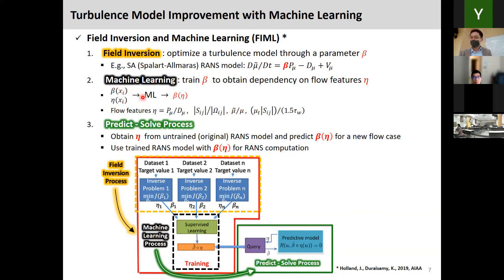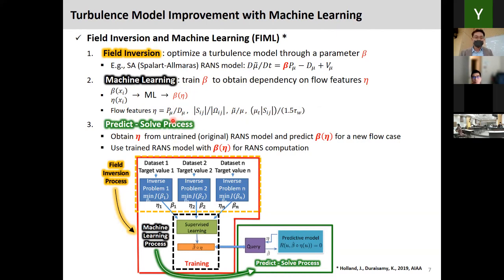And we're using the machine learning technique to get the relationship between this correction term data and the flow features. Those flow features are four flow features, and these are suggested by the Karthik Duraisamy group from Michigan as well. And the first